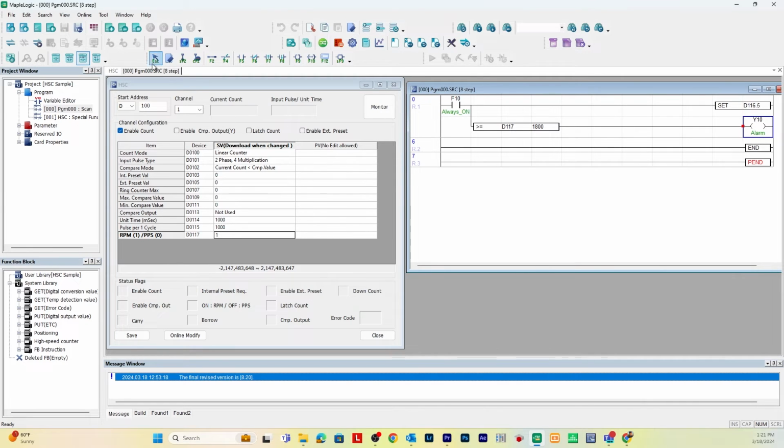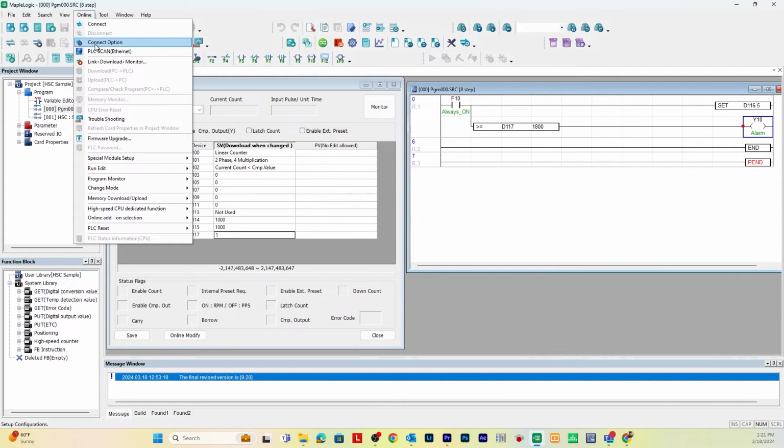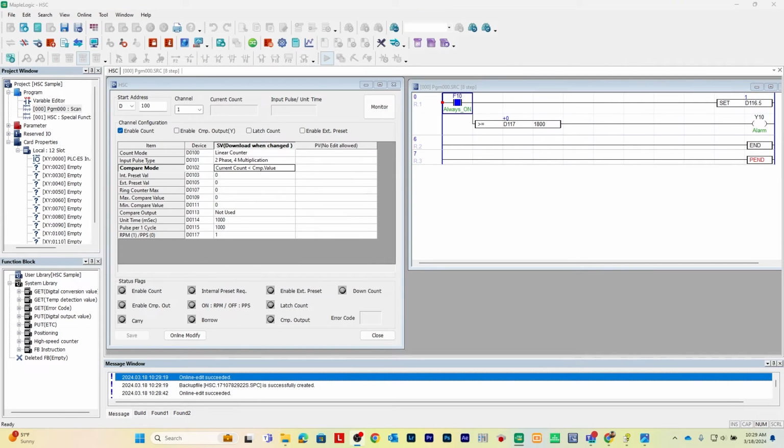So now we can just go online and do a live simulation. So go to online, link plus download plus monitor. Okay, now we are online, and first thing you want to do is make sure that the enable count is checked off. Or if you just kept forgetting to check it off, you could build some logic and have F10, the always on bit, turn on the enable bit, which would be an instruction set